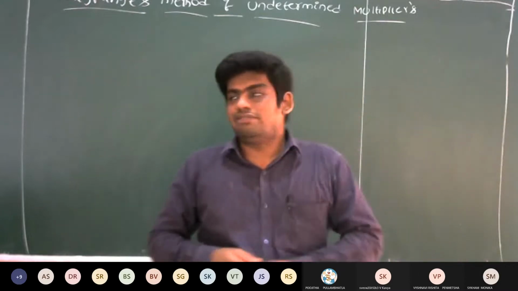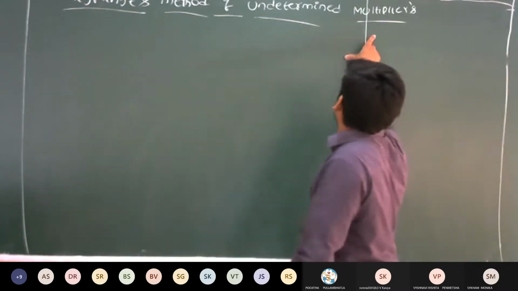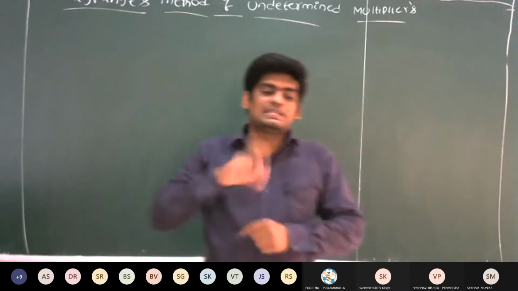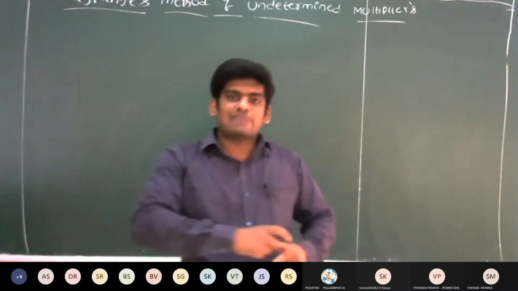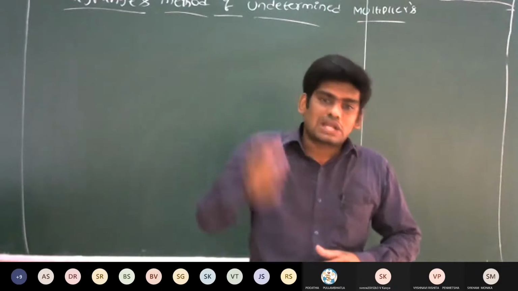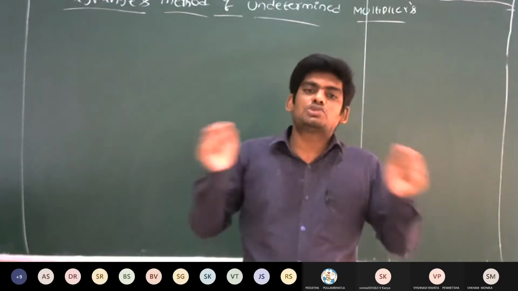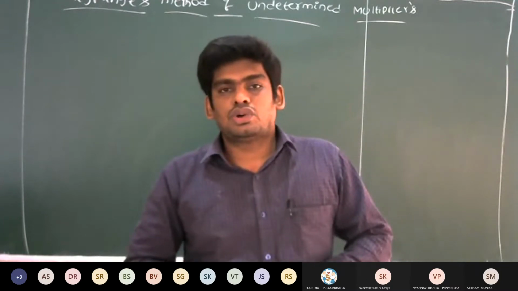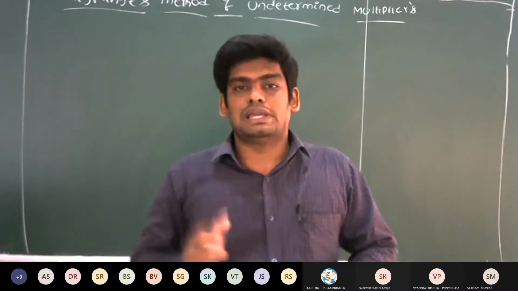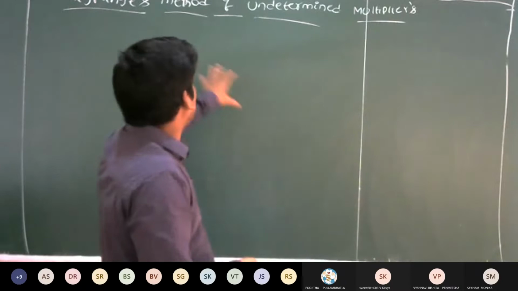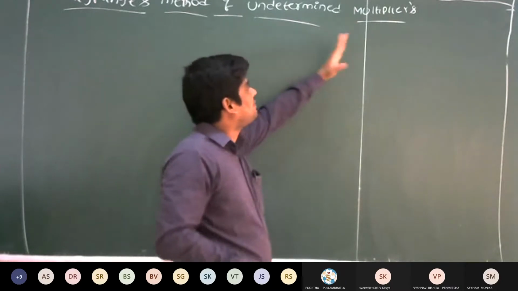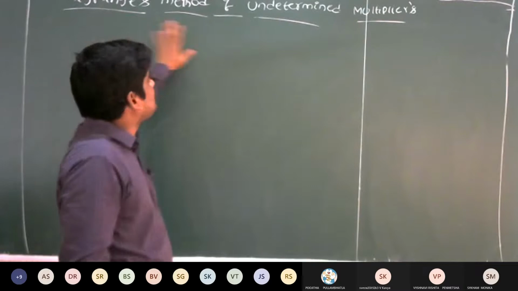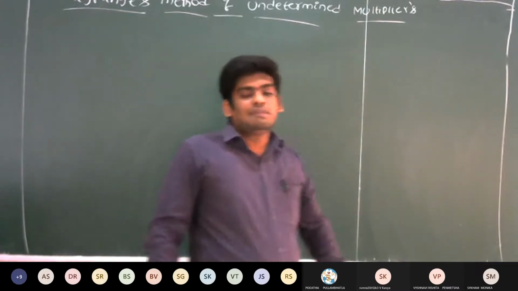multipliers. So why it is called undetermined multiplier means, here we have two relations. One is the given equation, and that equation is connected to one constraint. These two are combined by an unknown parameter, that is the undetermined multiplier. Because of that it is called the method of undetermined multipliers. But in the name of Lagrange, it is called Lagrange's method of undetermined multipliers.